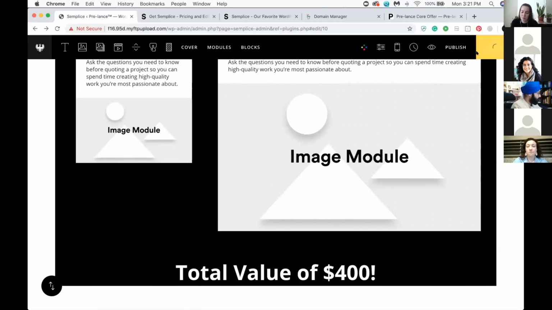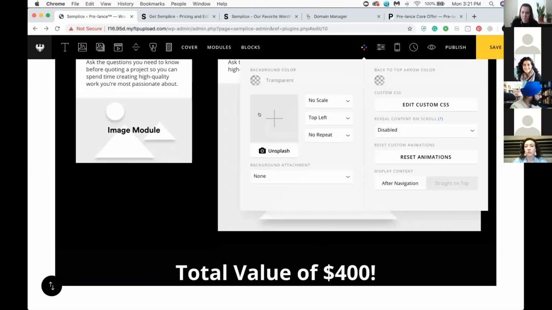So, okay, I think we've had enough of this. Let me create a footer aspect of it just so you can see what that looks like. And then if we want, we can go into a navigation, the nav bar. A quick thing that I want to show you guys as well is like each section you can brand it. So you can have your custom CSS here as well. You can reset animations. You can choose to have your nav bar like after the navigation or straight on top. And what that does